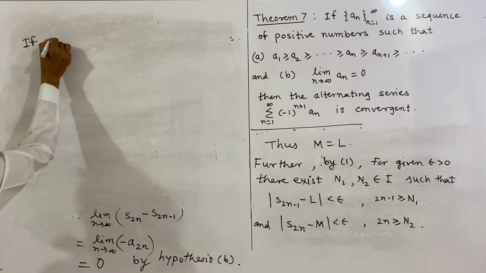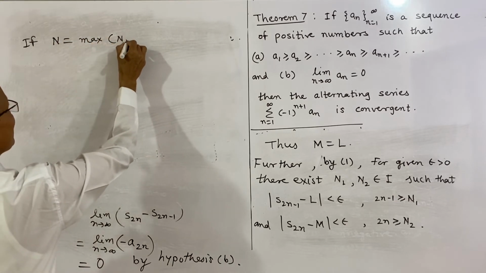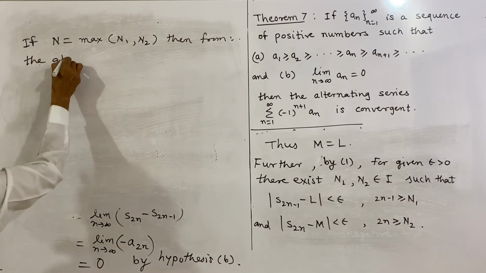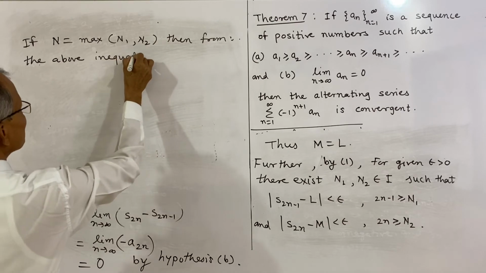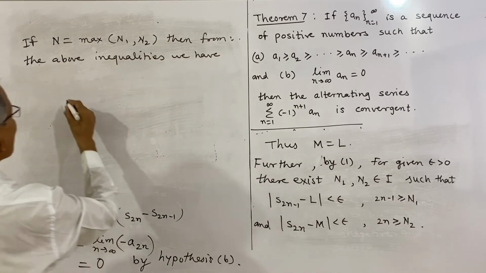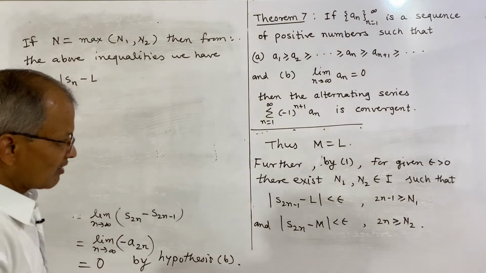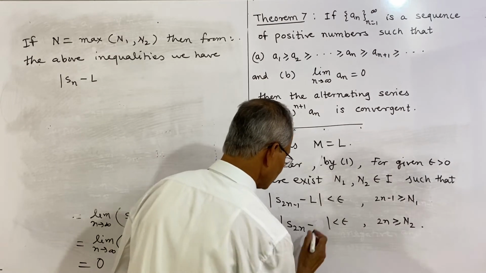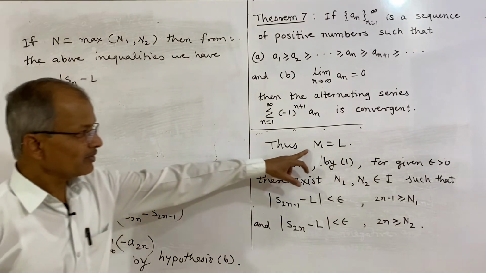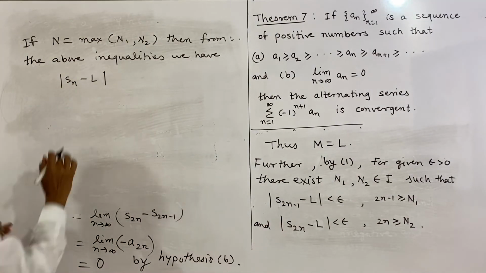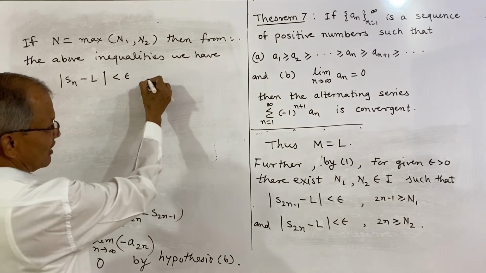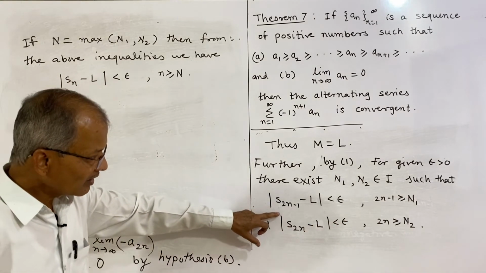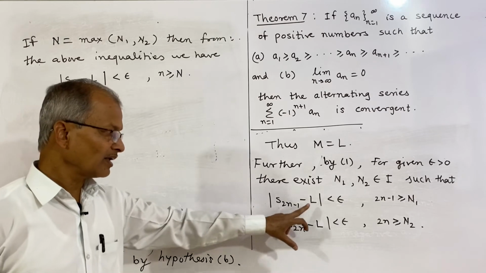If capital N is equal to the maximum of n1 and n2, then from the above inequalities we have Sn minus L. L is equal to m, and therefore here we can replace this m by L. And now, because m is L, the absolute difference of Sn minus L is also less than epsilon for n greater than or equal to capital N, because beyond these n1 and n2 terms, the difference of the odd index term and L, and the even index term and L,